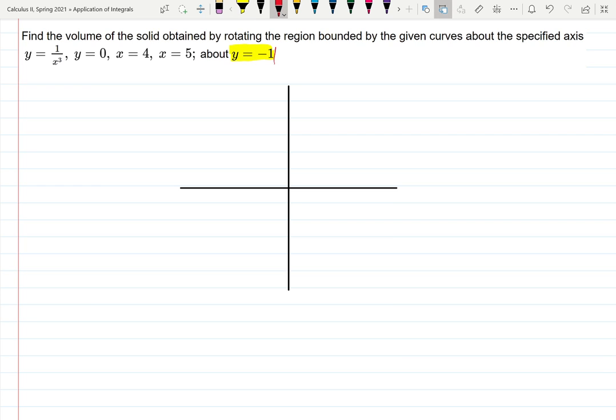This means that we're rotating not about the y-axis or x-axis, but about another line, y equals minus 1. Is this line parallel to the x-axis or y-axis? Well, think about it. It's y equals minus 1, so it's a horizontal line. Horizontal is parallel to the x-axis. Thus, if we're going to use the disk or washer method,